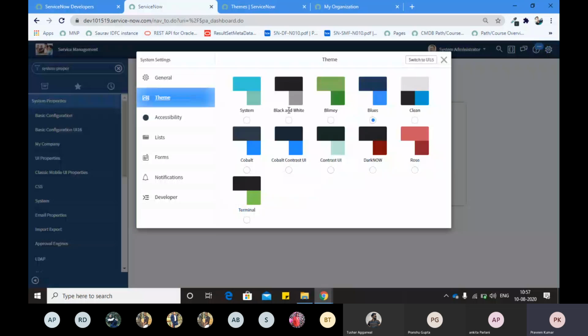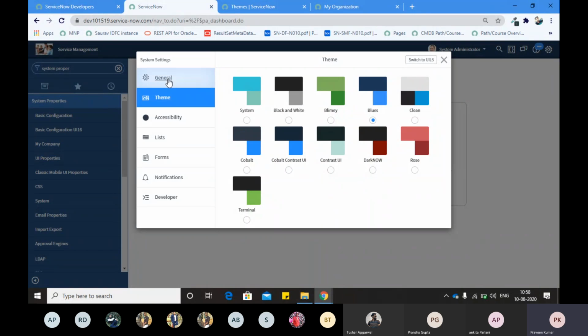I'm not saying advanced look and feel. So these are the limited themes available in ServiceNow. But yes, we are not limited to it. We can create our own themes. Right. We can set our own themes, and how to set them we will come to later in some time. Now I just told you about the theme option here, right?